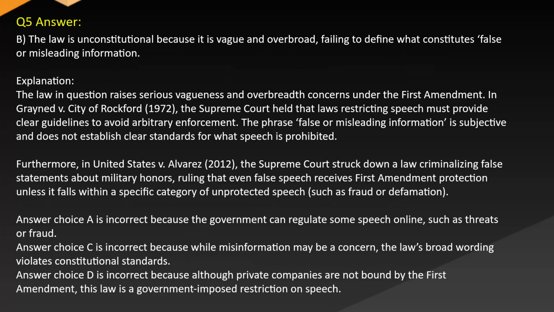Answer. B. The law is unconstitutional because it is vague and overbroad, failing to define what constitutes false or misleading information. Explanation: the law in question raises serious vagueness and overbreadth concerns under the First Amendment. In Grayned v. City of Rockford, 1972, the Supreme Court held that laws restricting speech must provide clear guidelines to avoid arbitrary enforcement. The phrase "false or misleading information" is subjective and does not establish clear standards for what